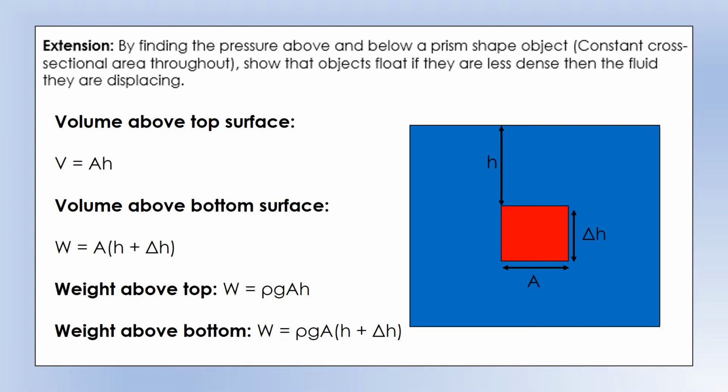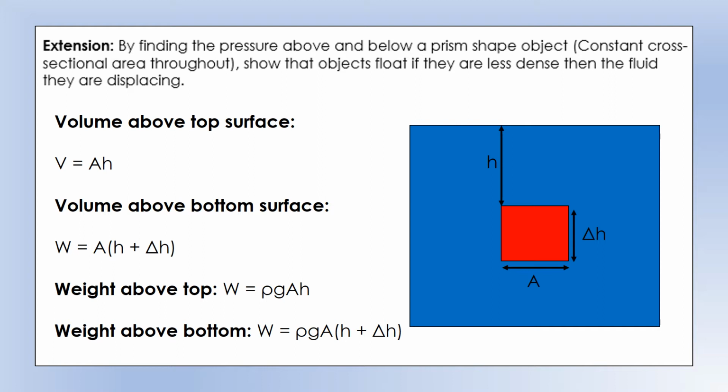So what I'm going to do is figure out the volume of the fluid above the top surface and the volume of the fluid above the bottom surface of the object. And those are the expressions there. A is the cross-sectional area. I can only draw a 2D image, but A is there to represent the cross-sectional area. So the volume is going to be the area times the height, so we're calculating the volume of the fluid above the top surface, and that volume is going to be slightly more above the bottom surface